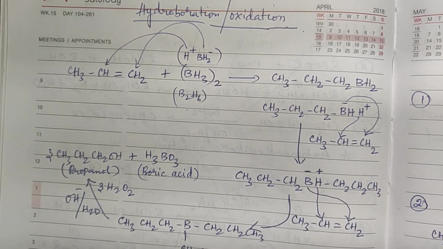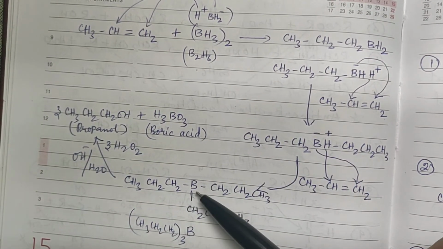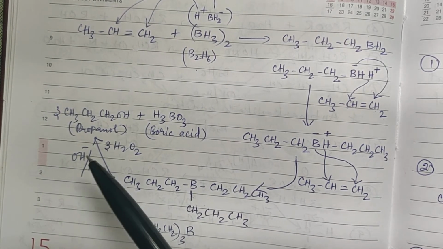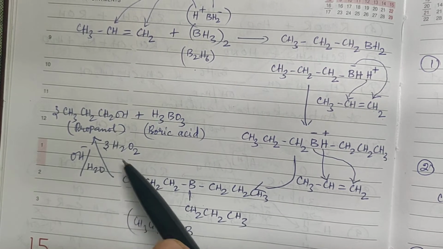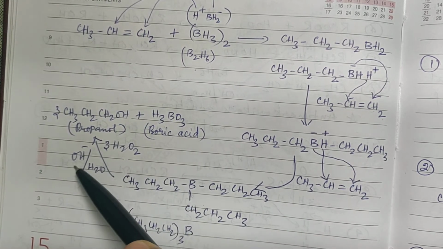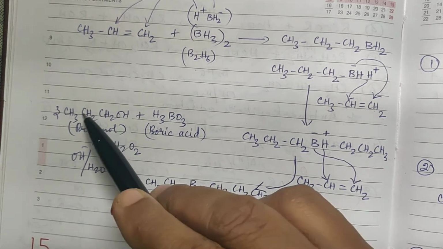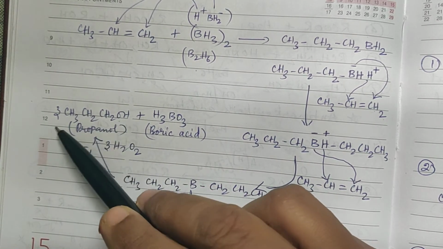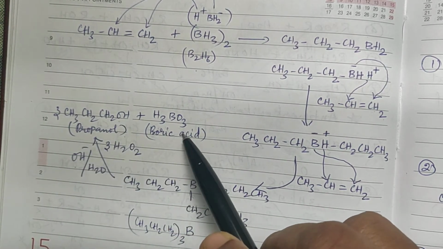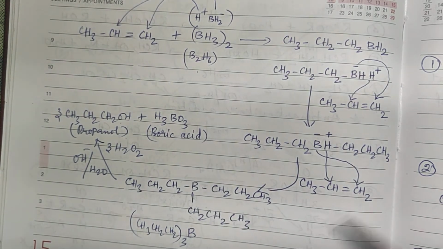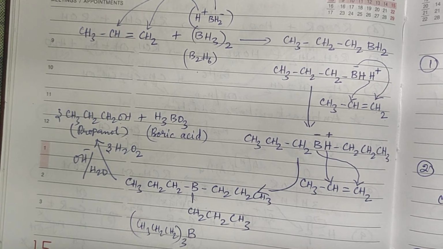So you have boron attached to 3 propyl groups, and this will get oxidized in the presence of hydrogen peroxide in the alkaline medium. When this CH3, CH2, CH2, OH, you will get 3 molecules of propanol, and boric acid is the byproduct. So this is one mechanism, right? Then another mechanism is